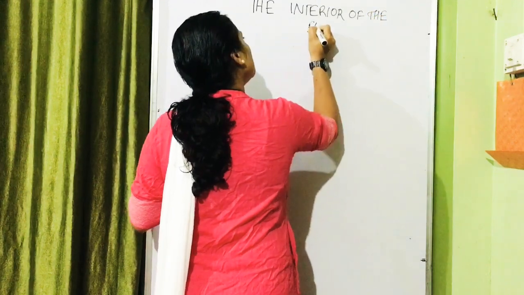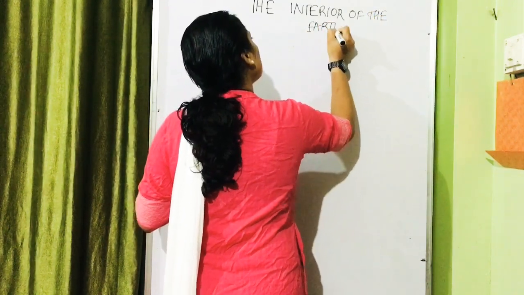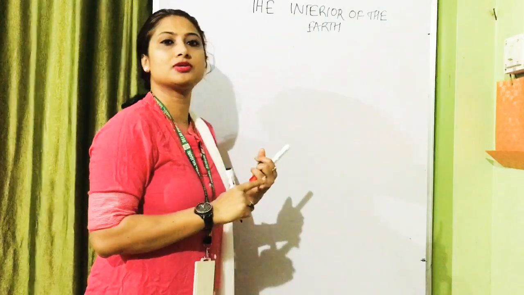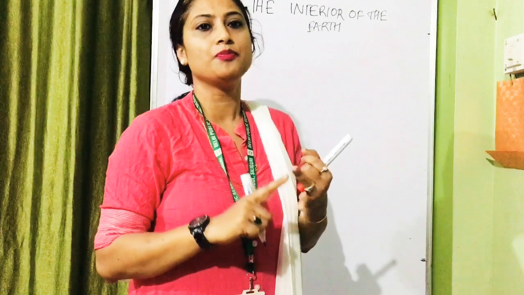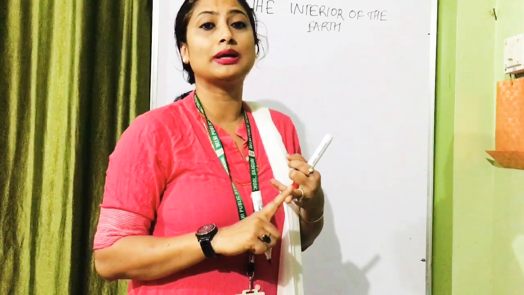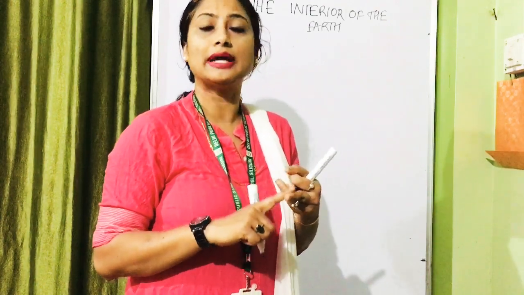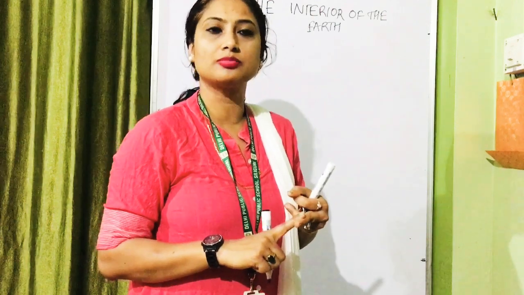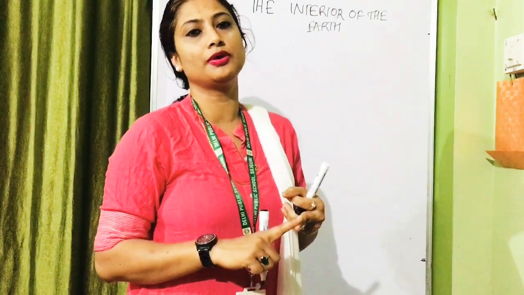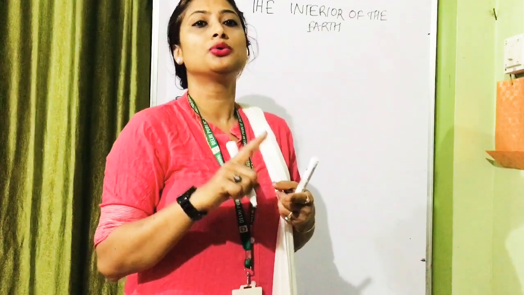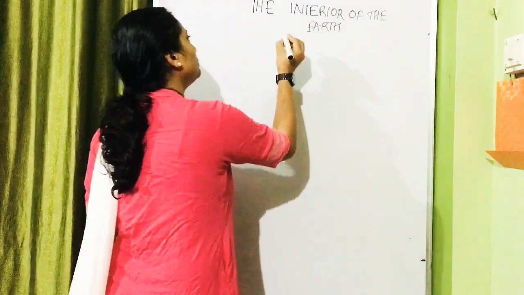We have already finished most of the part of the chapter. We have discussed the different sources of evidence to know the earth's interior. We have discussed volcanic eruptions and the different types of volcano. We have also discussed the intrusive forms, what is an earthquake, what are seismic waves, what is a shadow zone. Today we are going to discuss